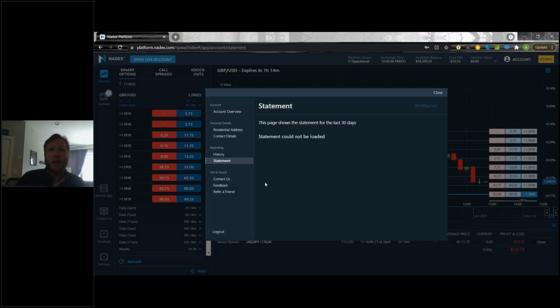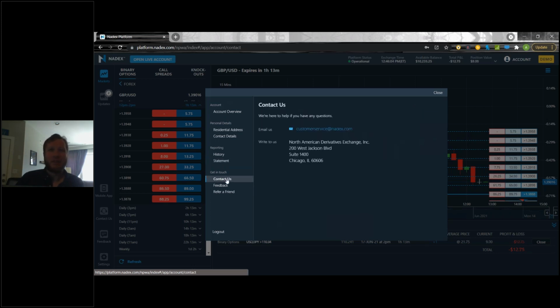My statement could not be loaded. My computer is really being slow this morning. So again, I do apologize for that because it's messing with loading everything up. But the statement really is just going to be the last 30 days transaction history put into a statement form. So if you ever want to print those out every 30 days or something like that, you definitely can. I never really use that personally trading on my demo account, but some of you might.